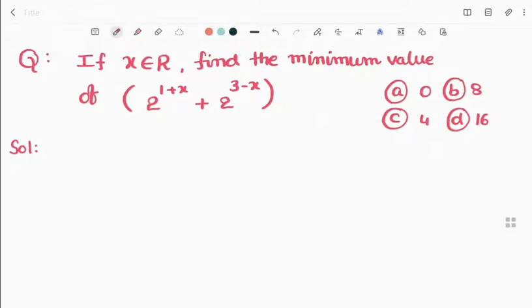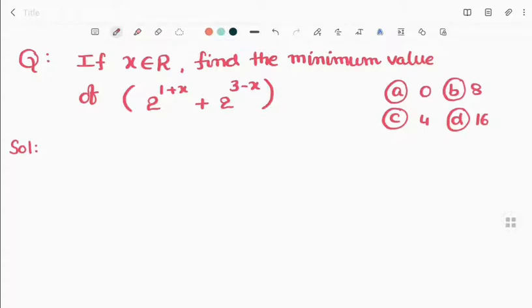In this video, we are going to discuss the problems which are related to arithmetic mean is greater than or equal to geometric mean. The applications of arithmetic mean and geometric mean, the problems based on this concept, we will discuss now. Let us have a discussion.